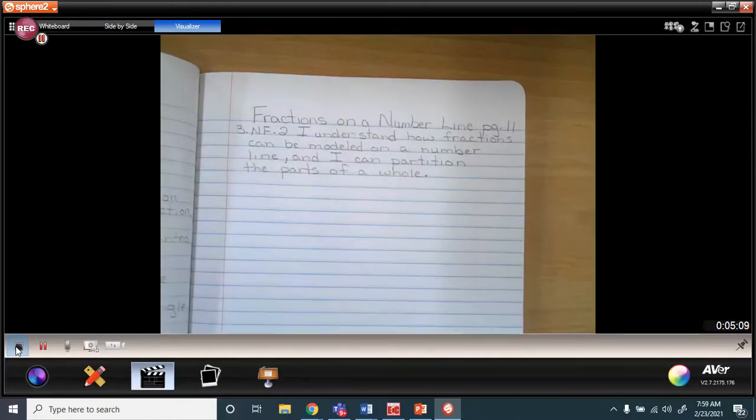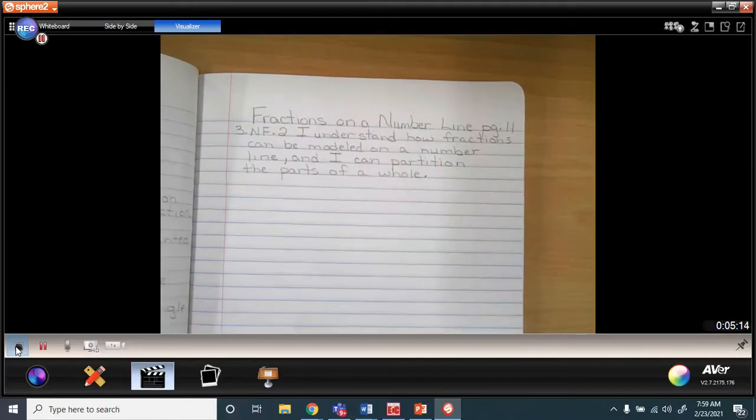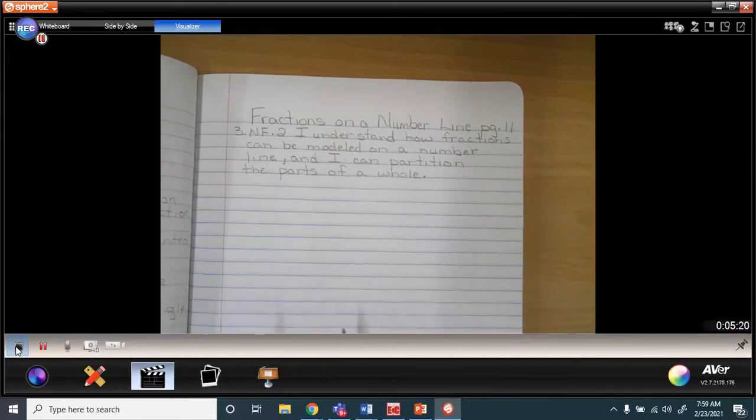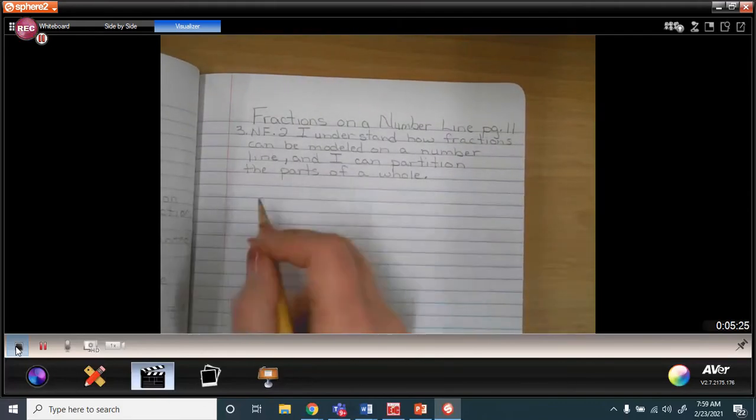Not necessarily a figure, but remember that one whole on the number line is actually thinking about, okay, I have a figure and it's one whole figure, and this number line is going to be one whole on the number line. So let's take the,